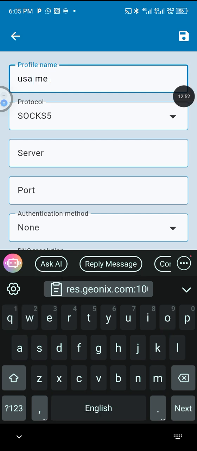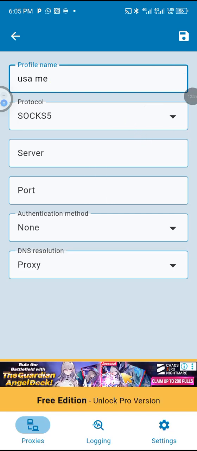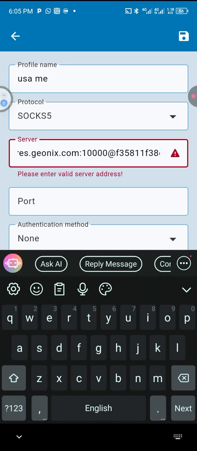You leave this one as stock 5. Don't touch it. You leave that one as stock 5. Now for this server, you paste it like this. Once you paste it like this, you see where it says